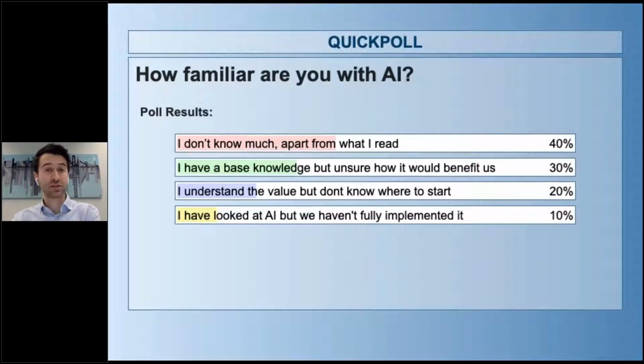Very interesting results. And I definitely feel that this represents the reality of what we see out there. So there's a lot of talk about AI, which is great, and we read a lot about it. And I think most of us feel comfortable with that answer. But I can definitely see some other people knowing more about it, and some others knowing a lot more, but they don't know how to start. And some others know a lot about it, but perhaps there is a question of how do we actually go to the next level. So don't worry, we are going to talk about all these in this session.